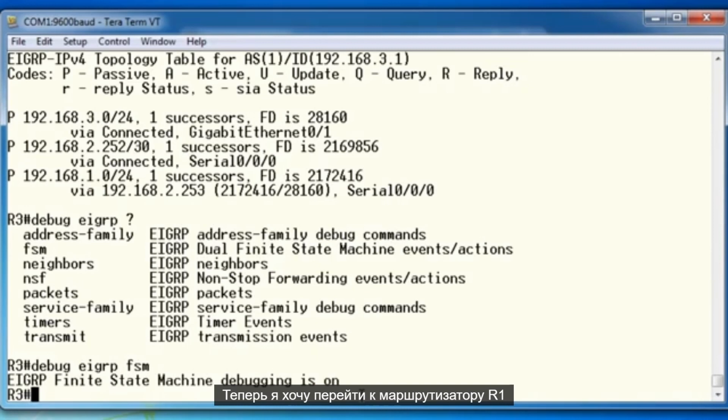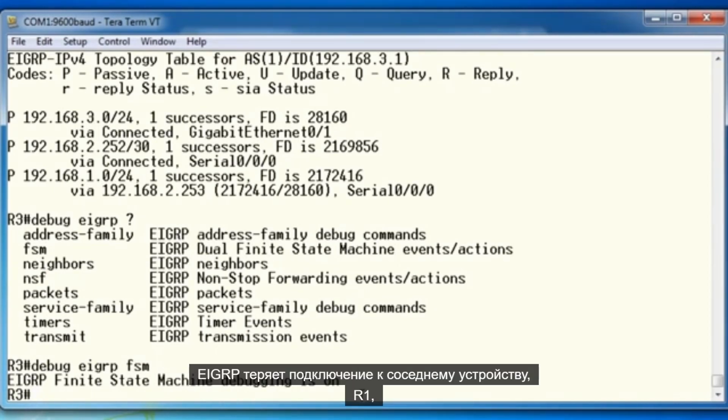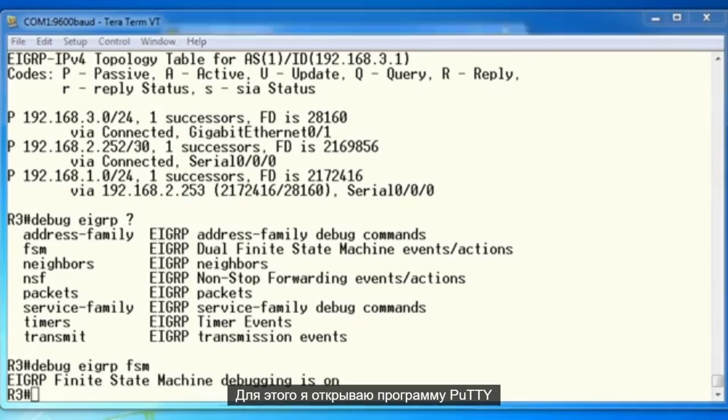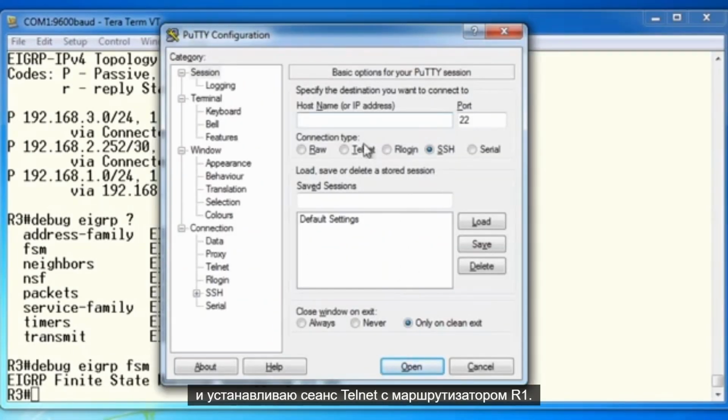Now what I want to do is go over to router R1 and shut down the serial interface. And we can see as EIGRP loses the connection to its neighbor R1 and routes are lost, EIGRP will have to put those routes into an active state as it searches for replacement routes. To do this, I'll open the program PuTTY and establish a telnet session to router R1. You can see here I've put in the IP address, the port is port number 23, and I've selected telnet as the connection type. I'll click open,